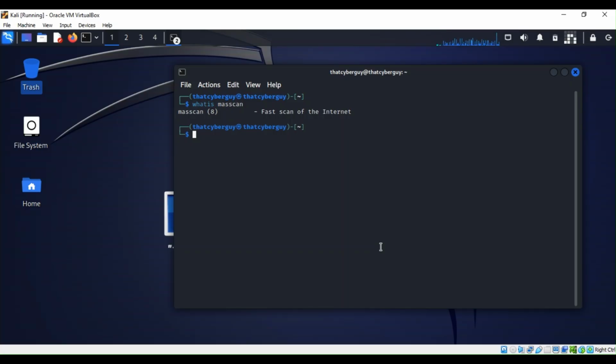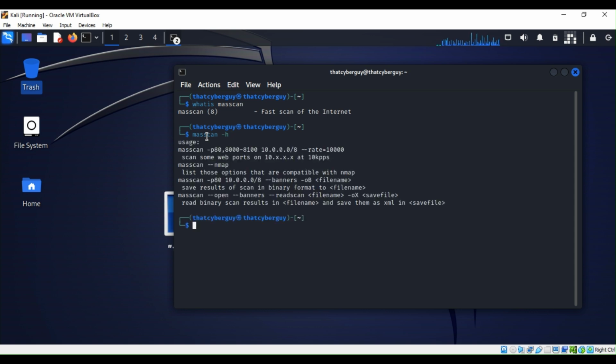All right. So, as you can see here, Masscan is a fast scan of the internet. Now, if you're new to Masscan, you can type masscan --help or -h and hit enter. Once you hit enter, you see a lot of things that you can do. They give you a head start. What we are going to do today is just scan the internet. To do so, we are going to type the following: